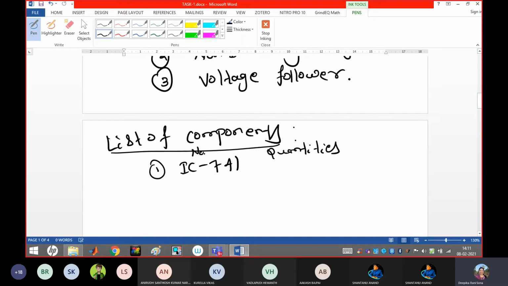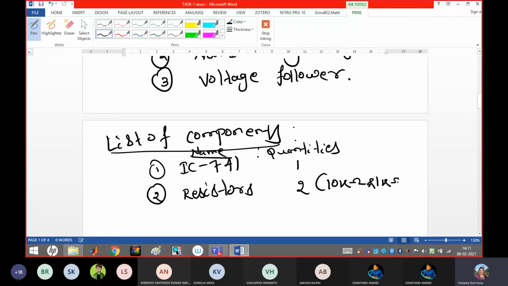Here you better write the name of the component and here the quantities. Okay, name is IC 741. How many? 1. Second, resistors. 2. What are those? One is 10 kilo ohm and another one is 1 kilo ohm. Then 3. Voltage sources.